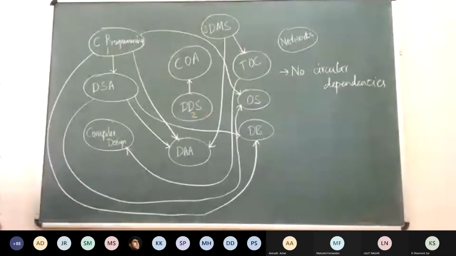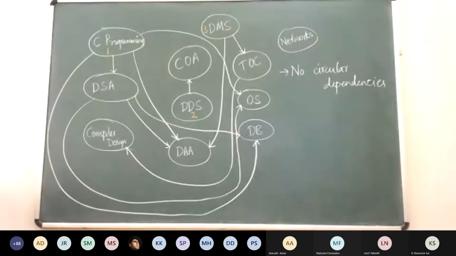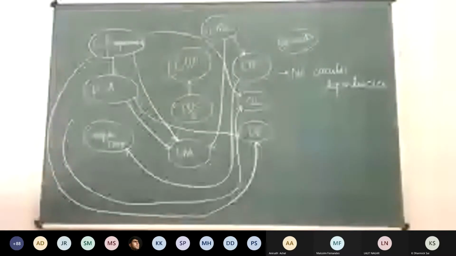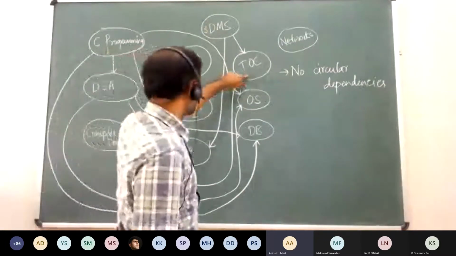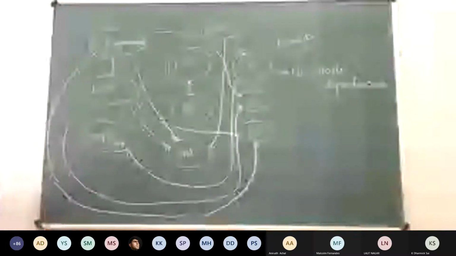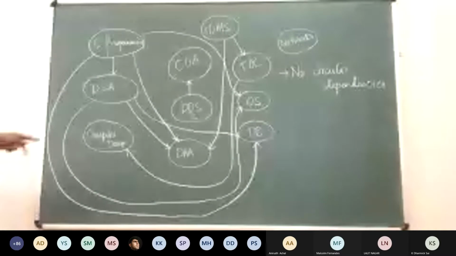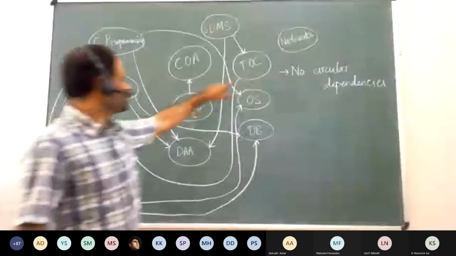Now, if I want to schedule the course compiler design, can I schedule it after these things? No, sir. Why? Because TOC is a prerequisite. Yeah, TOC is a prerequisite for compiler design, right? I would want to finish theory of computation. I would like the students to know about grammars and automata before they come to designing compilers. So definitely TOC should be done before compiler design. So you can't put this as 4, right? Now can I put TOC as 4?